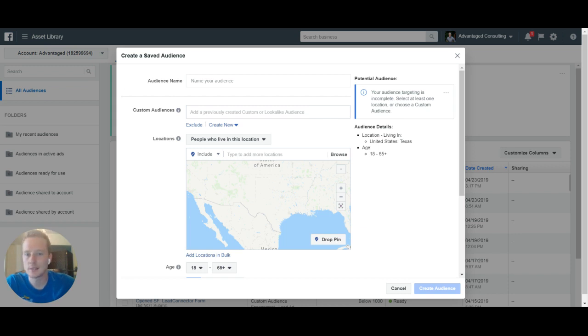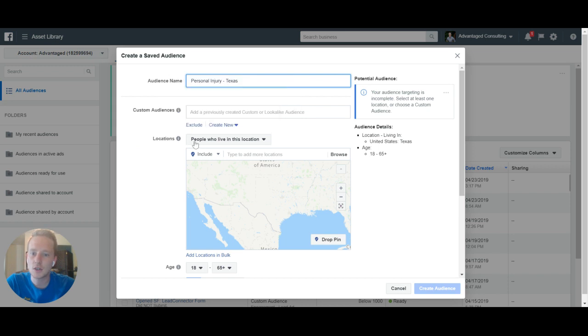So first off, this is really not important, but I'm just going to name it here, personal injury. Let's say we're going to do it in Texas. Now, this applies to any state or states that you are licensed in. I recommend that you target that entire state and that entire area. There's more people, of course, that you can go after, and if you can serve clients statewide, the better off you're going to be. Anyway, we're just going to do Texas for now, but this can be applied to California, Arizona, Florida, Georgia, whatever state you live in. So this isn't just for Texas. I'm going to show you why.